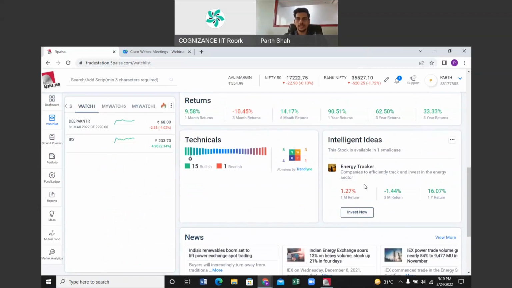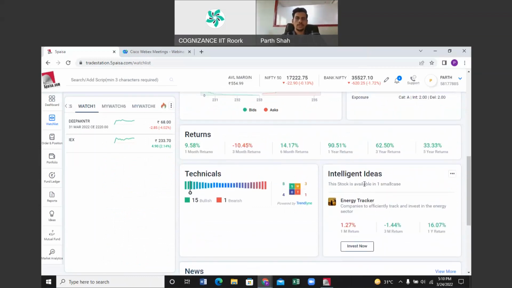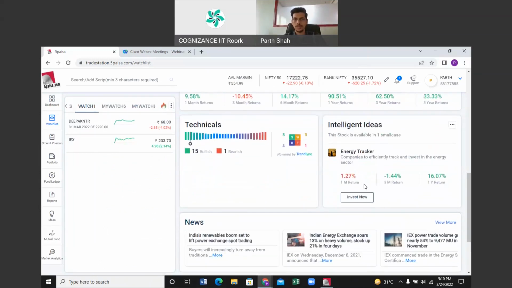So we usually suggest, you might have heard of a platform called Smallcase, which gives you the model portfolio with respect to any particular idea you want to invest into. Say if you want to invest into energy stocks, then it will give you the idea about what stock bucket you should invest in. It will create a model portfolio for you. So it has the standard model portfolio in place which you can invest into.